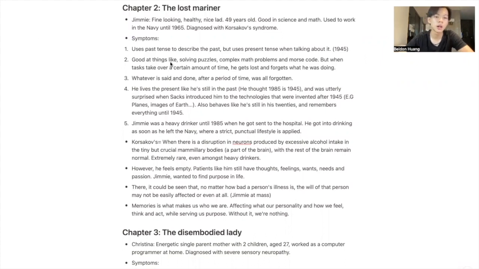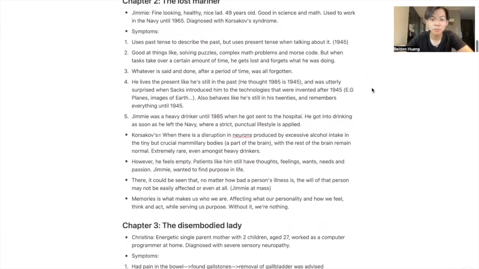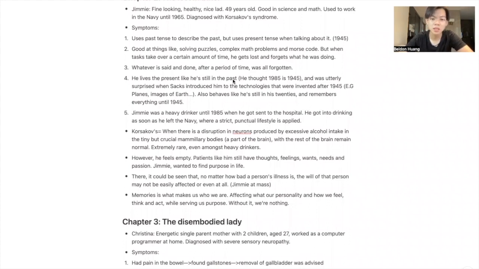And he was good at things like solving puzzles, complex math problems, and Morse code. But when tasks take over a certain amount of time, he gets lost and forgets what he was doing. And whatever is said and done, after a period of time, was all forgotten. He lives in the present like he's still in the past, as he thought the year Sachs wrote this book, 1985, was still 1945, and was utterly surprised when Sachs introduced him to technologies that were invented after 1945, such as planes and images of Earth, and also behaves like he is still in his 20s